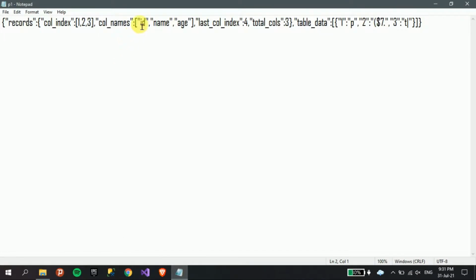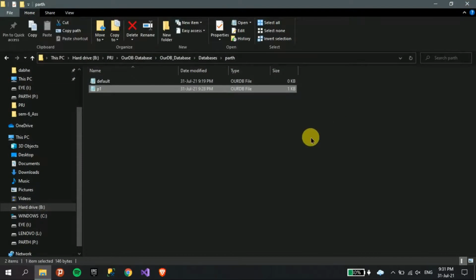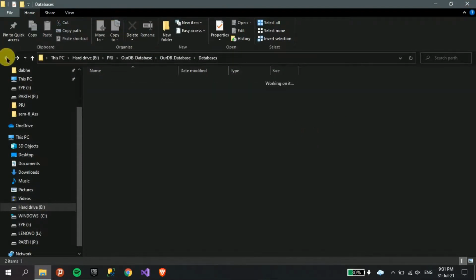You can only read a column name. Data inside the column cannot be read by the user. It is in an encrypted form. We created our own encryption and decryption method. Now we will be looking at